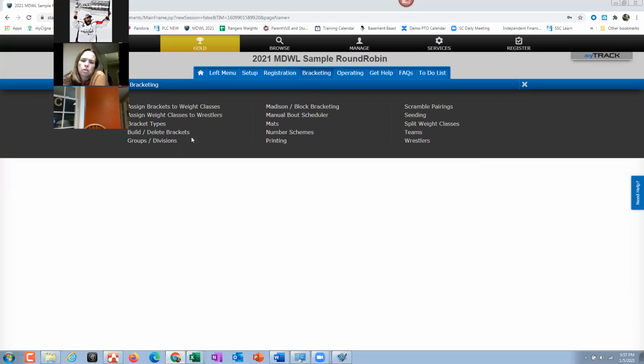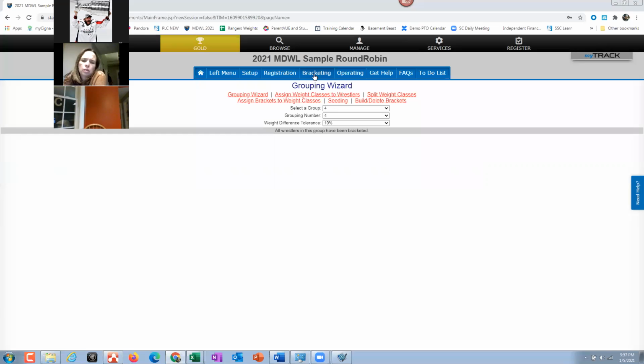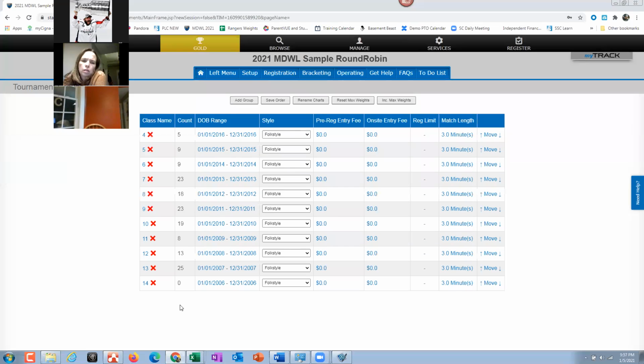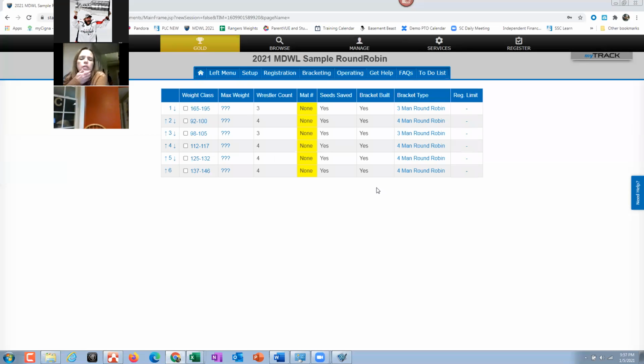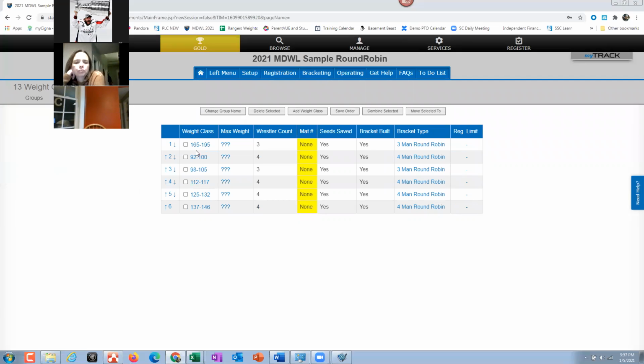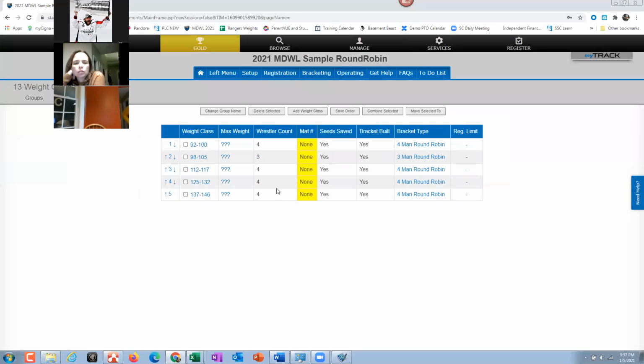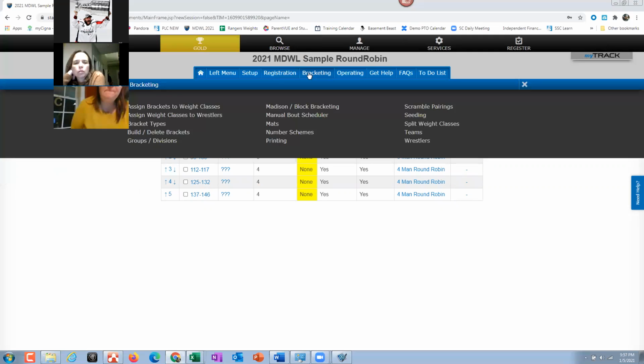Yeah, so basically what I did is that once we agreed to move, I think it was Teddy, right? We were going to move him all the way up. So unfortunately, what I did is I went back in to the group, and let's say that was the big heavy one, right? 13, and went in here to this one right here. Okay. And then I delete selected. Okay. Hit OK. Then I went back to pairing.